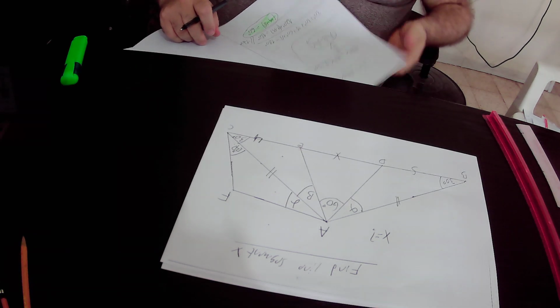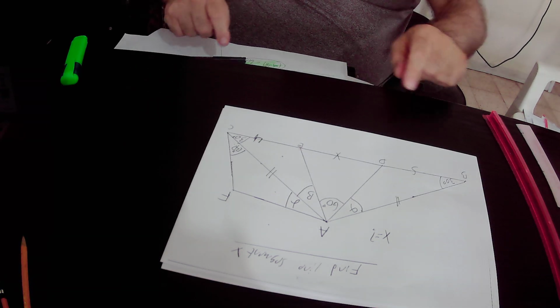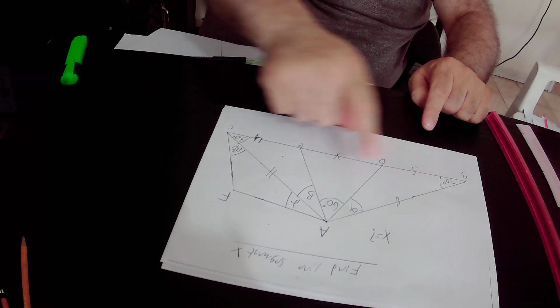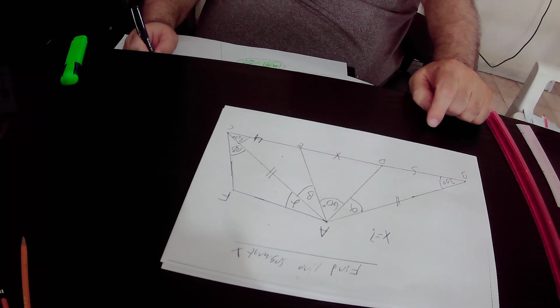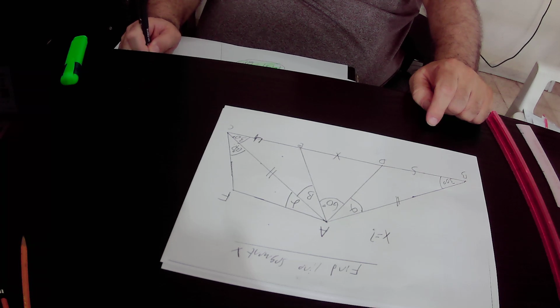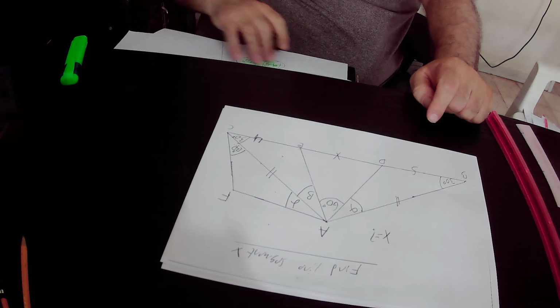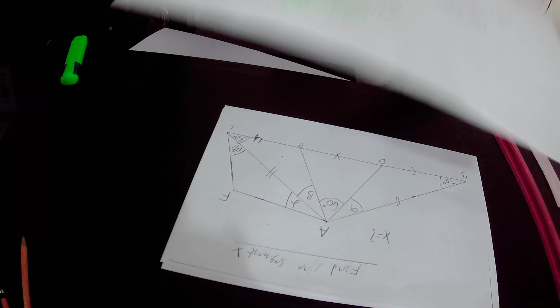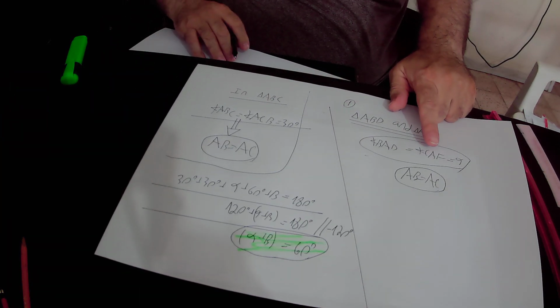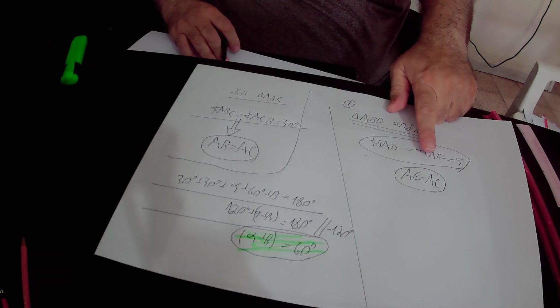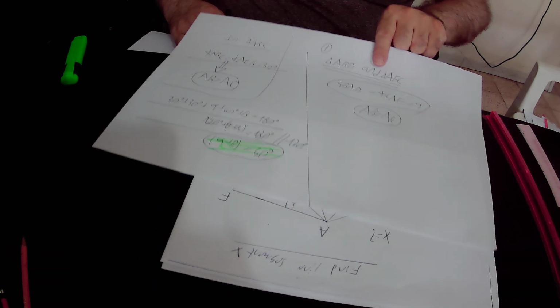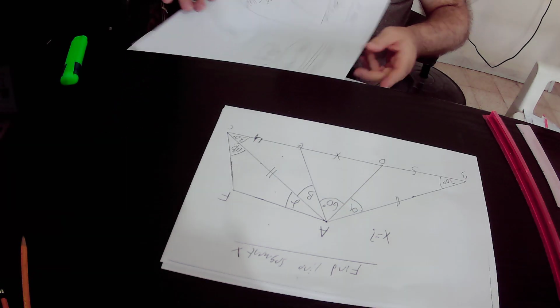In addition, we have already proved that side AB equals side AC. Side AB equals side AC because of the fact that those two sides are located in front of equal angles. Okay, and finally